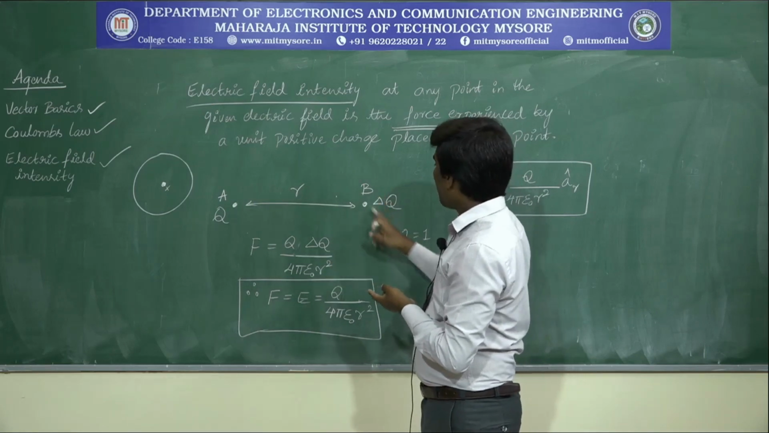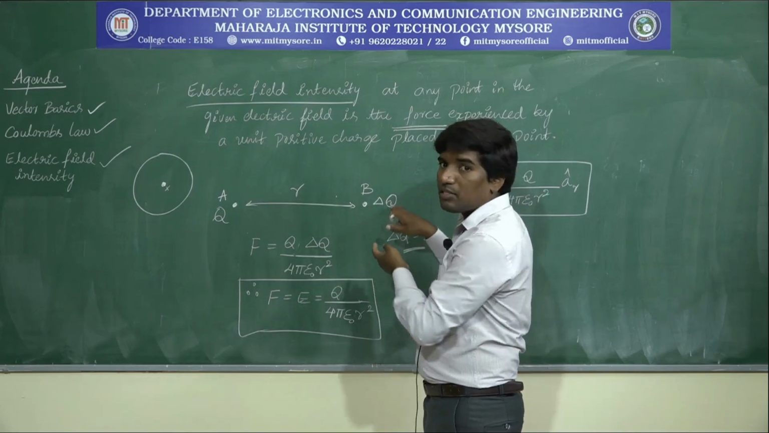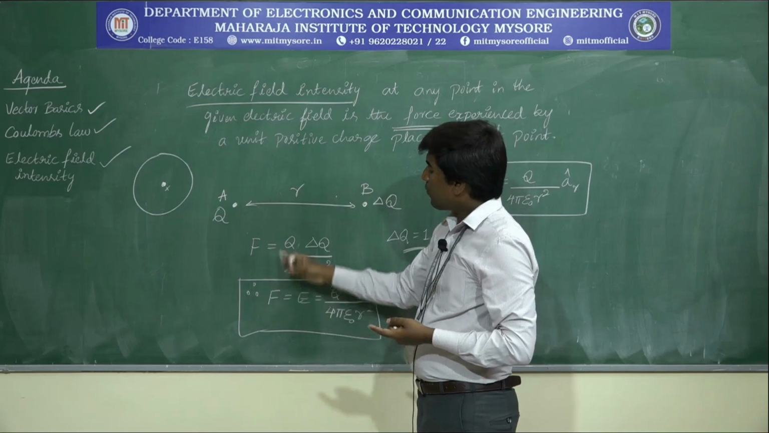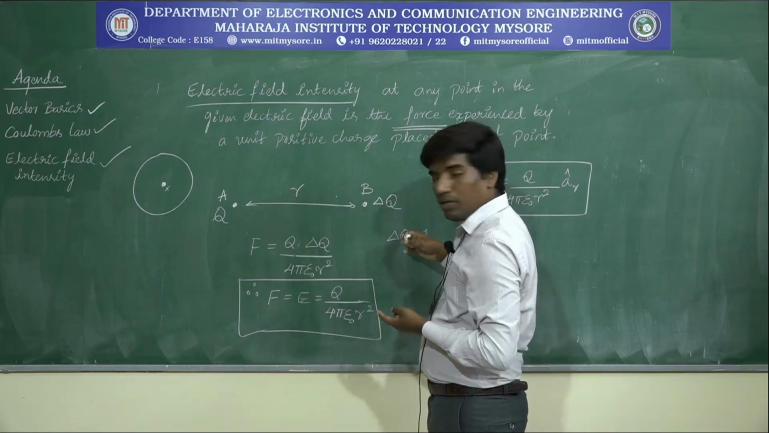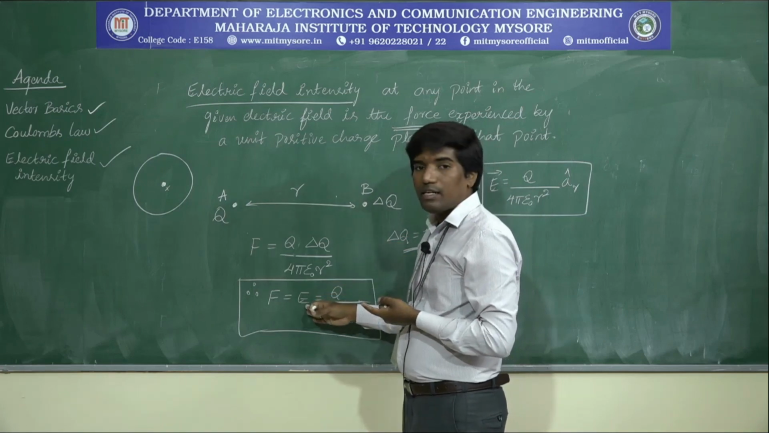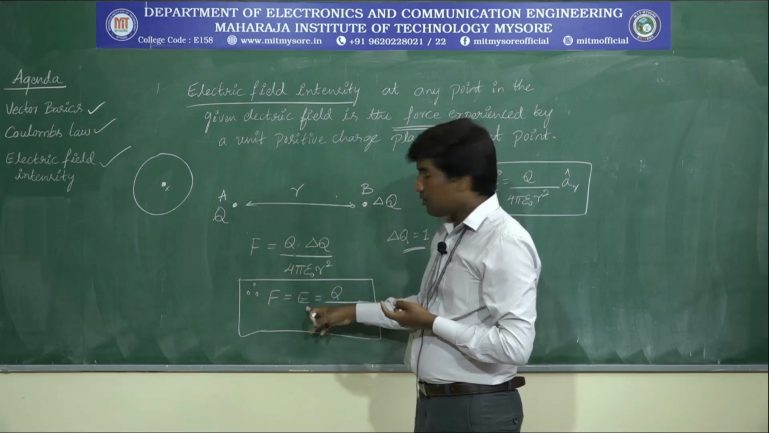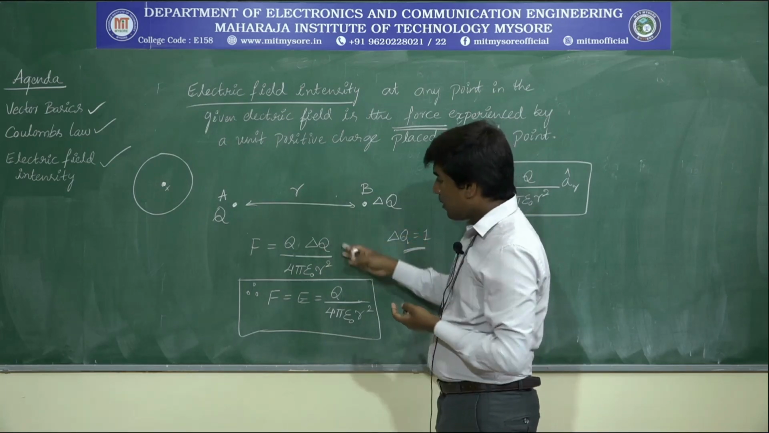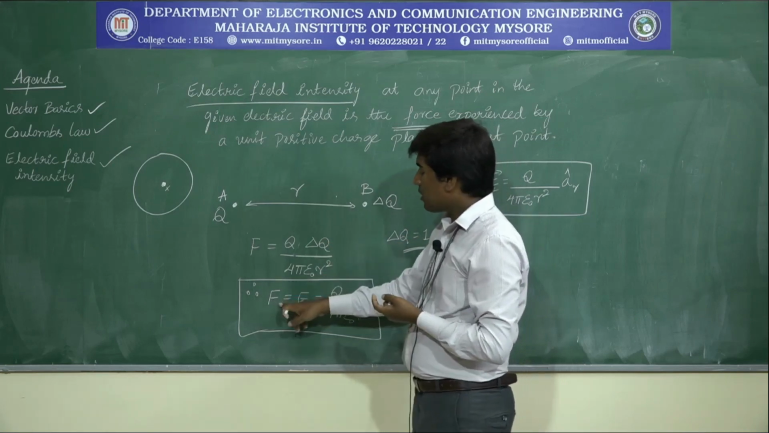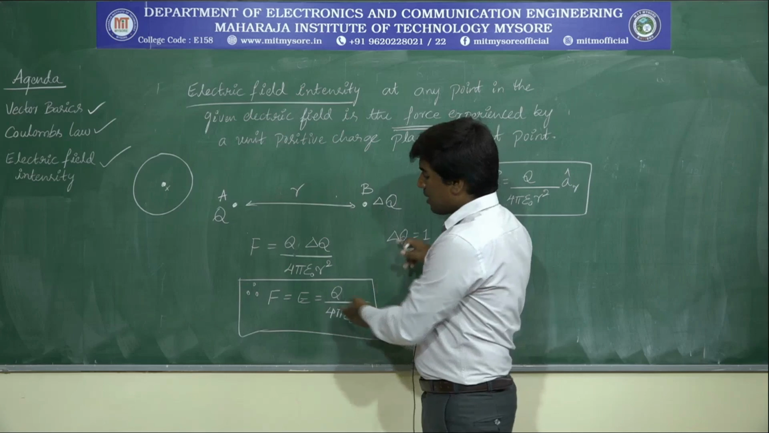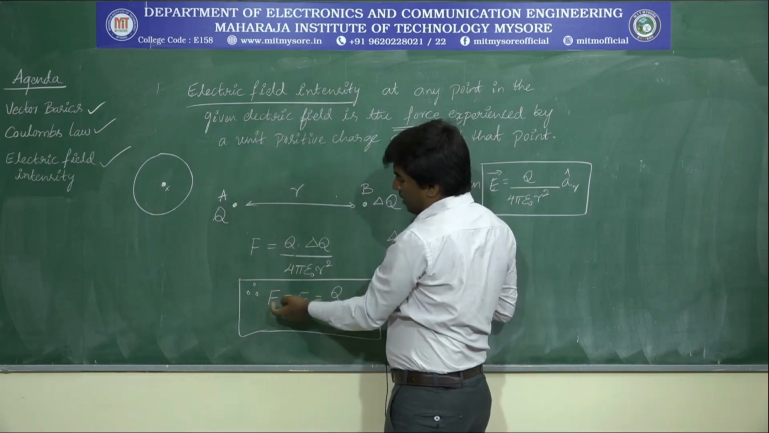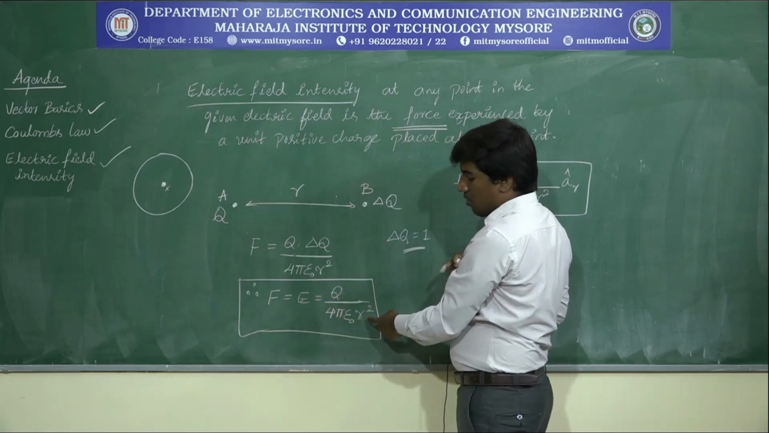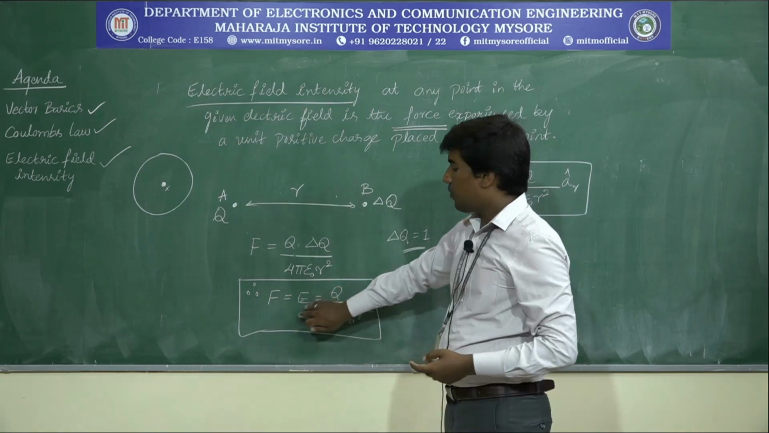We know that delta Q is the unit positive charge, hence its magnitude is 1. Substituting that into this equation, the electrostatic force experienced by this unit positive charge is the electric field intensity. Then F becomes E. Understood? The moment you substitute delta Q equal to 1, the force experienced by that unit positive charge is called electric field intensity, so F changes to E. E is given by Q divided by 4 pi epsilon naught into R square. This is the magnitude of